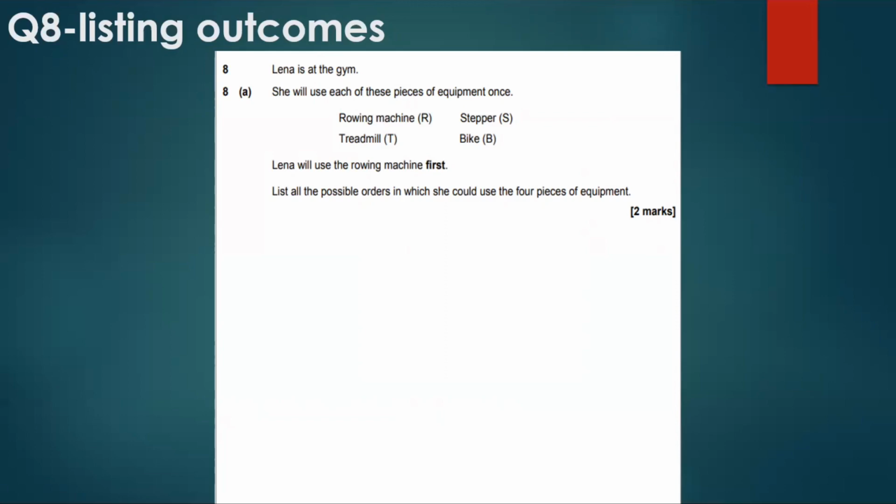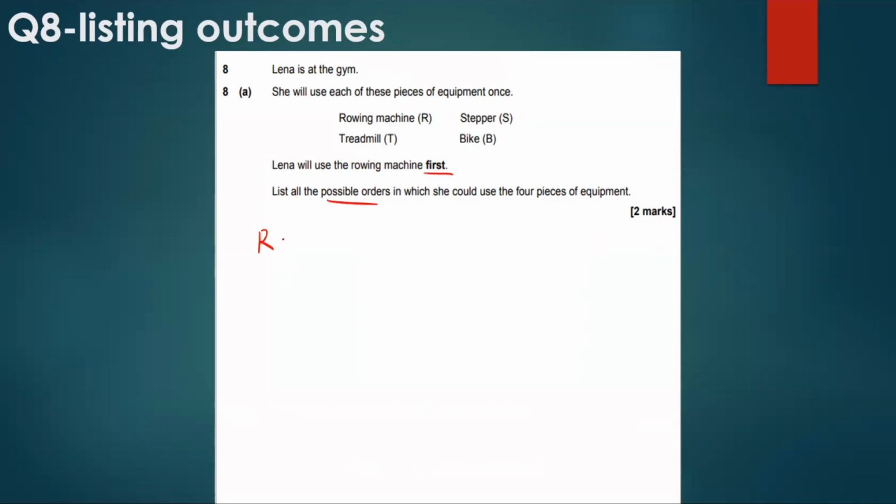Lena will use the rowing machine first. List all the possible orders in which she could use the 4 pieces of equipment. So we know that Lena will use the rowing machine first, so our selection has got to be rowing machine first. So we're going to write our possible orders, listing the outcomes that could be with the rowing